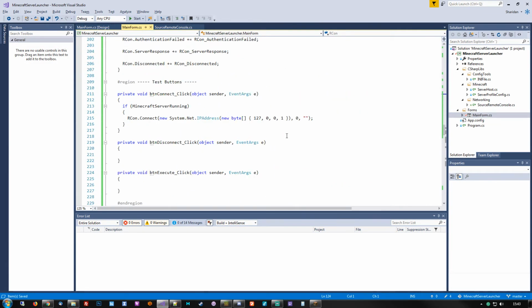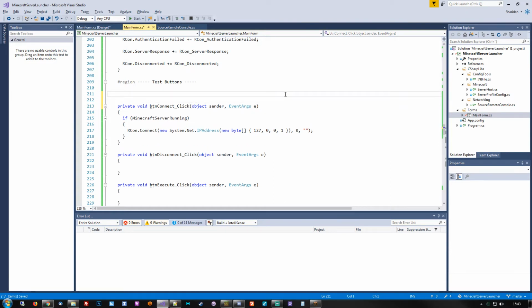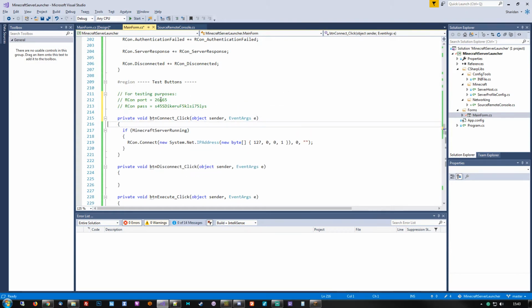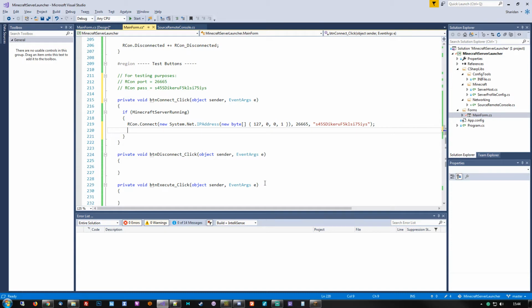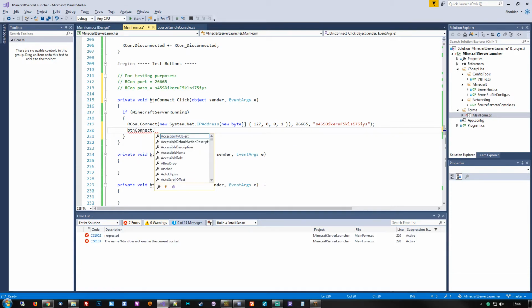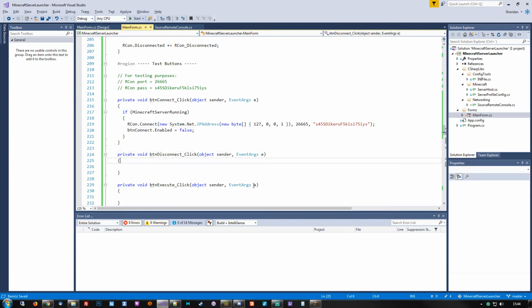They are here. Where did my button go? My button is lost. Oh, there we go. Alright, so port is this. There. And the password is this. So we'll put that in there. This will then attempt to connect to it. We'll disable the connect button, and this one,